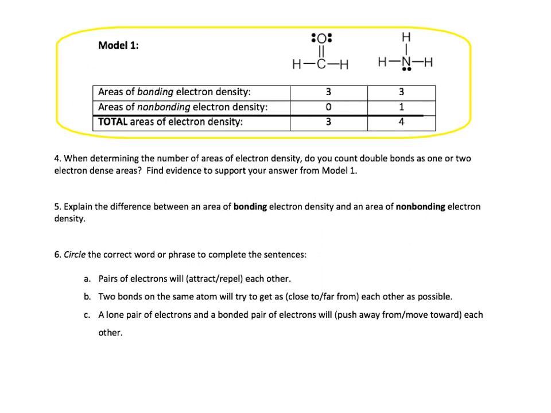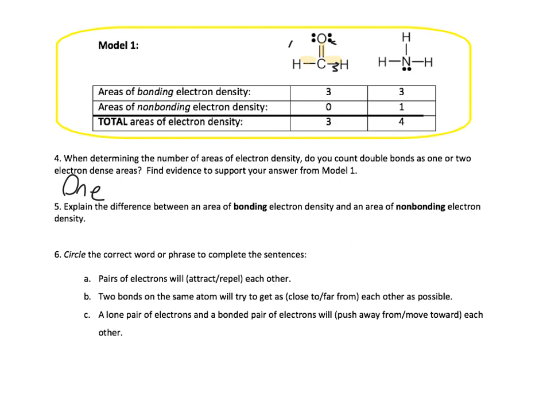All right, when determining the number of areas of electron density, do I count double bonds as 1 or 2 electron dense areas? We answered that earlier. We count it as 1 area of electron density. Again, here's our example, that first model. There's only 3 areas. So that tells us that because there's only 1, 2, 3 areas, even though there is a single and double bonds, it doesn't matter the number of bonds. They are in their own separate area. They are only 1